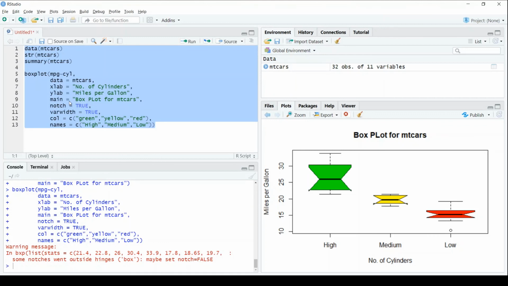Then we can also draw bag plots, right? Those are more advanced because we need a different kind of data to display them. Also we have scatter plots, line graphs. These different charts we'll be seeing in our upcoming sessions. So this was all about box plot.